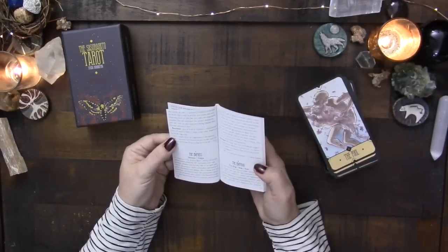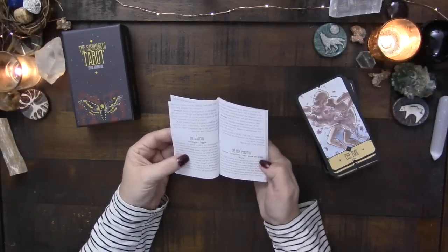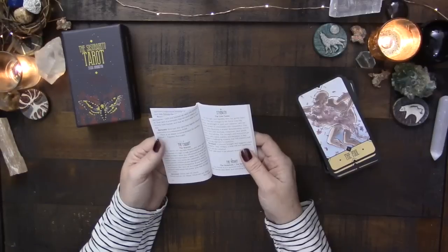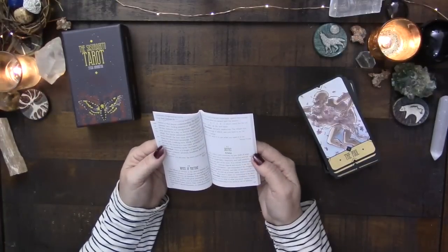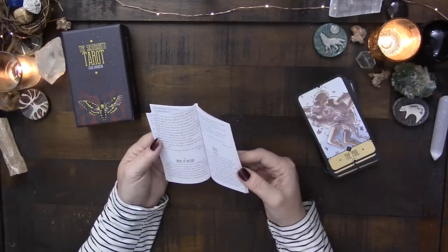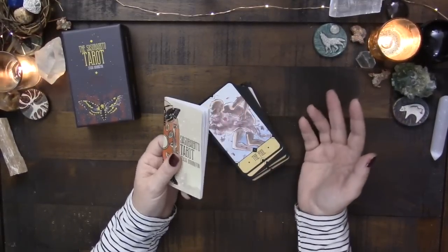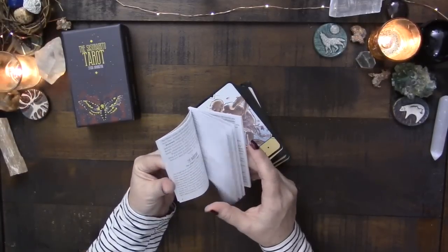So one of the things that I will say that I like about this is that I do feel that the keywords bring something a little bit new, which I like. I also like that sometimes it does refer to the image. It doesn't always directly describe it, but there have been times when I've looked something up because I was like, okay, where's she going with that? And it makes sense after reading the guidebook. So you don't get a lot, but I do think it's worth taking a peek, especially in the major arcana,